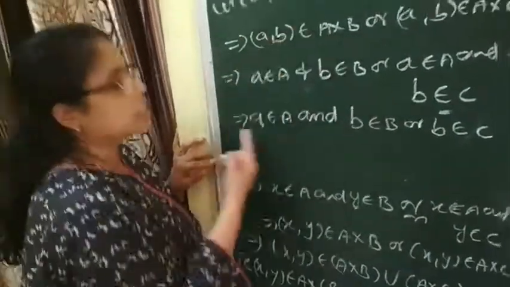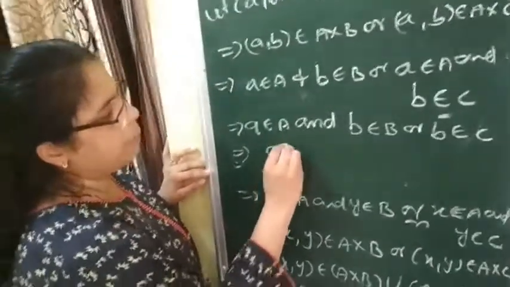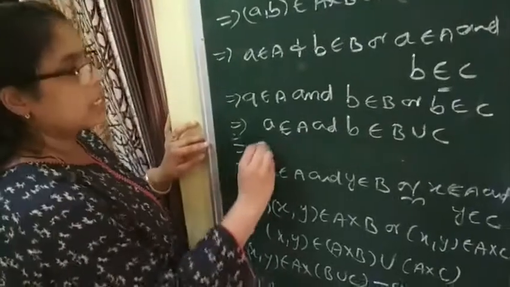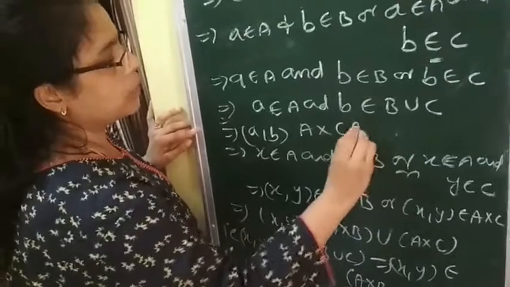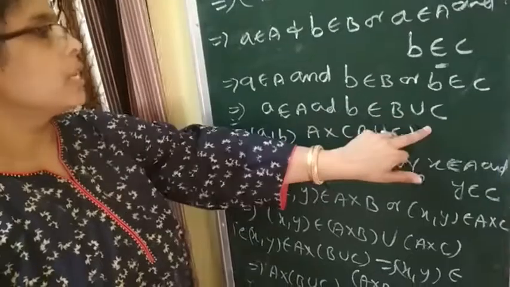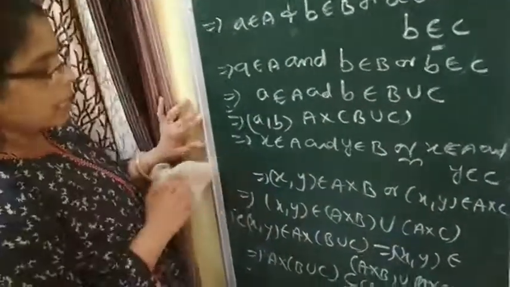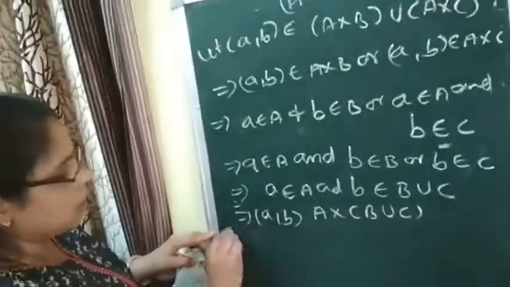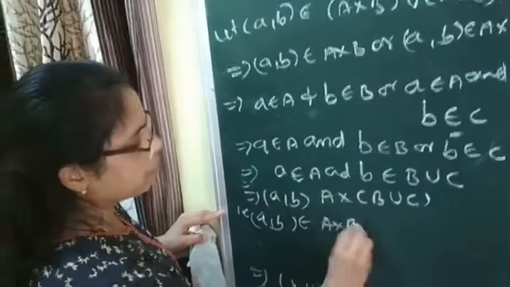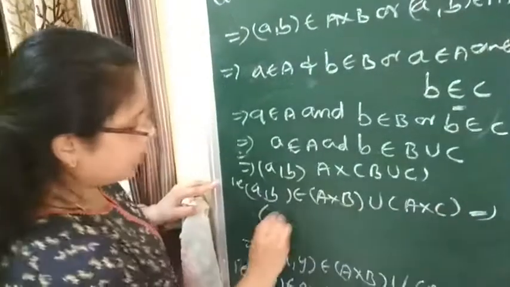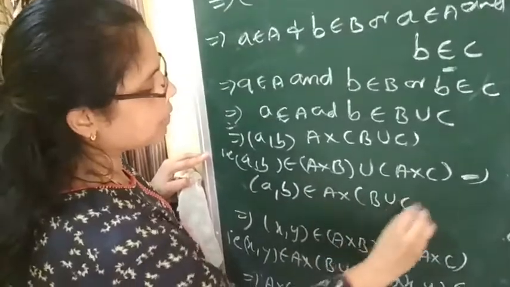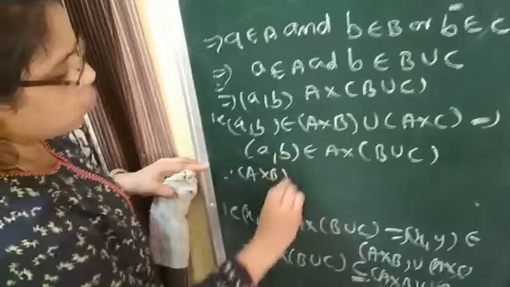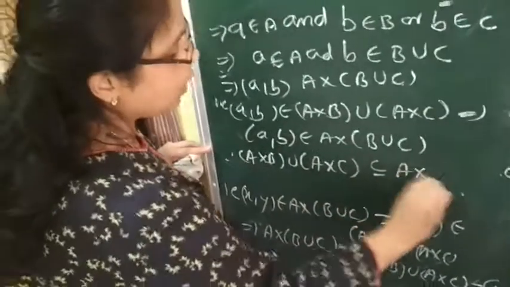Just keep that in mind, change the language according to what you have to bring. That means a belongs to A and b belongs to B union C, that implies ab belongs to A into (B union C). If a is in A and b is in B union C, then ab will be in A into (B union C). So where did we start and where did we reach? We started from (A into B) union (A into C) and reached A into (B union C), that is ab belongs to (A into B) union (A into C) implies ab belongs to A into (B union C). That means we have started from this set and arrived at the right part, that means therefore (A into B) union (A into C) is subset or equal to A into (B union C).